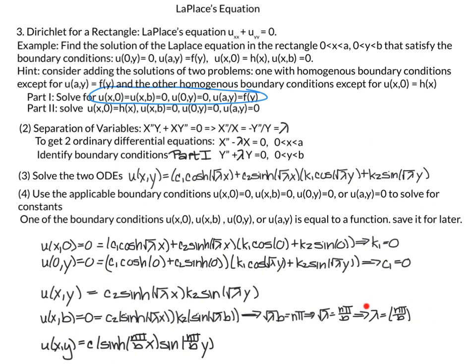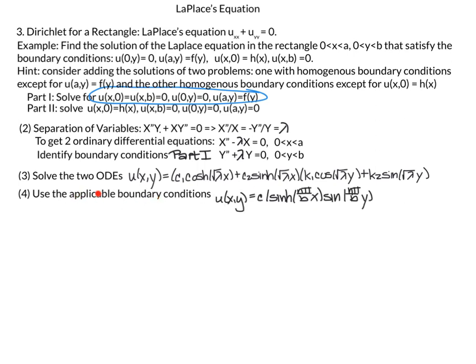So what I get is a solution for lambda, which is equal to n pi over b squared. Oh, I'm sorry, n pi over b. So after I applied my applicable boundary conditions, this is my u of x, y: C, or constant, and I just called it C, sinh of n pi over b times x, sine of n pi over b times y. And remember, I still do have one more boundary condition, but I'm going to use this at